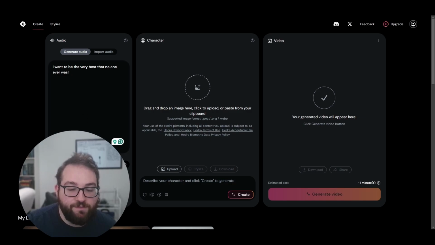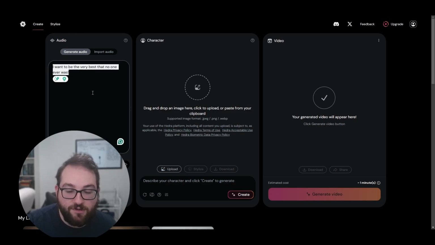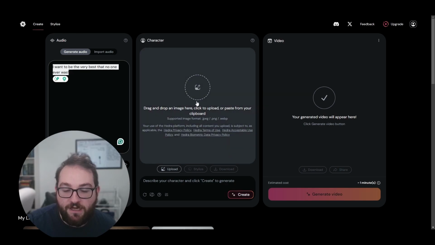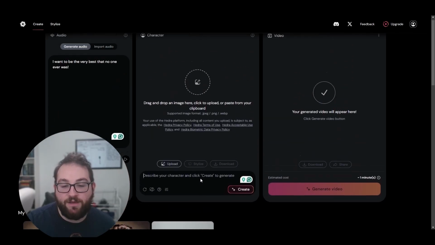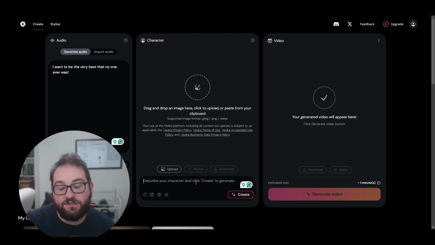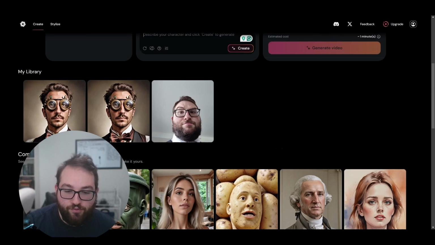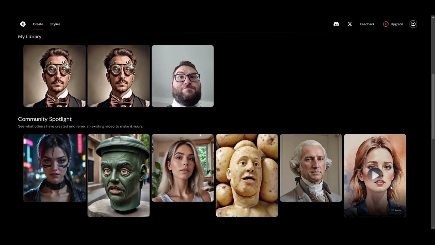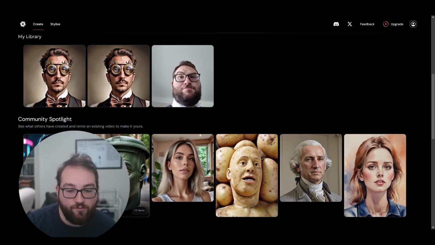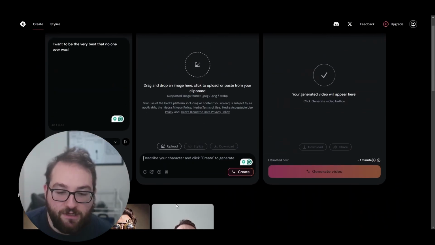Once you have a voice picked out and you have your script here, all you're going to do is either upload a picture of yourself if you want yourself to speak it, or you can generate an AI image, just like if you would do it with DALL-E or with Ideogram. Their AI images are pretty good. They're not the best, they're not the most realistic, but you can make them super ridiculous and silly with these prompts. What I'm going to do is just come over here and upload a picture of myself,